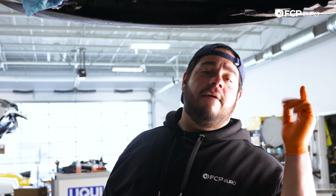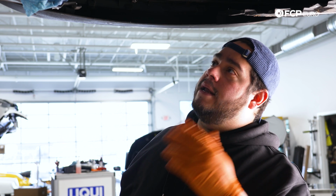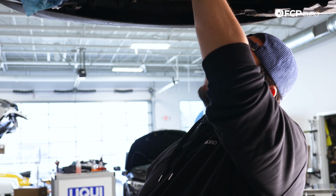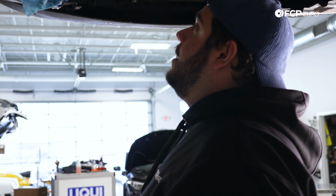All right, at this point we have both of the cooler lines attached for the automatic transmission. Again, DCT, standard auto. Now we're gonna work on getting the intercooler reattached. But if you remember, our old radiator had a rubber seal that ran along the bottom edge here. That simply pops off. You can key it back onto your new radiator. So we're just gonna go ahead and do that, and then we'll feed the intercooler over, get that baby bolted